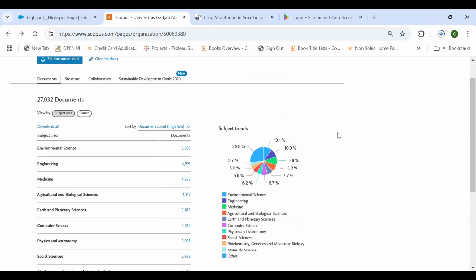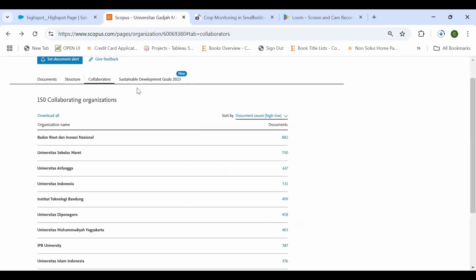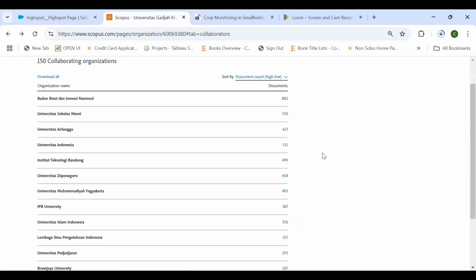So these are the subject trends. It is also able to show you the different collaborators that UGM has and links to those documents.